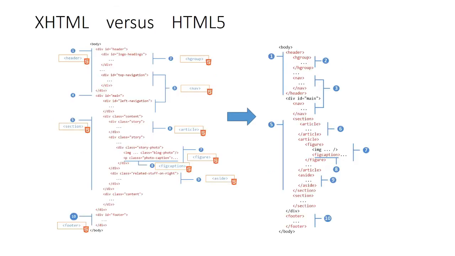Okay, so you see in this a very simple example. On the right side, the labels 1 2 3 4 5 6 are all HTML5 semantic elements. First is header, then hgroup, nav element, section, article, then coming here figcaption, aside and footer. So these are the more popular HTML semantic elements.